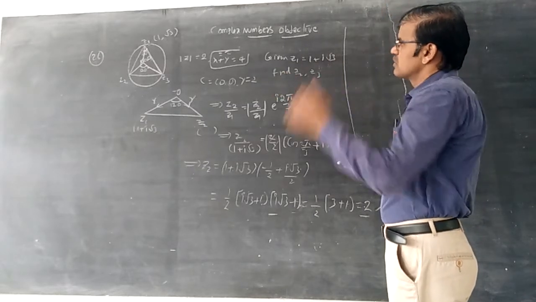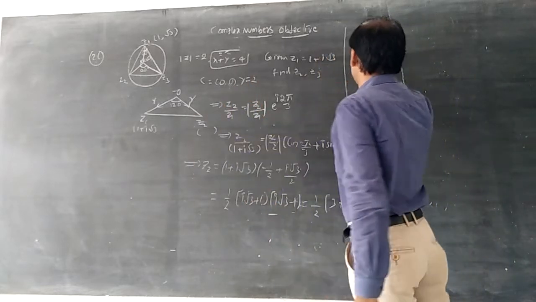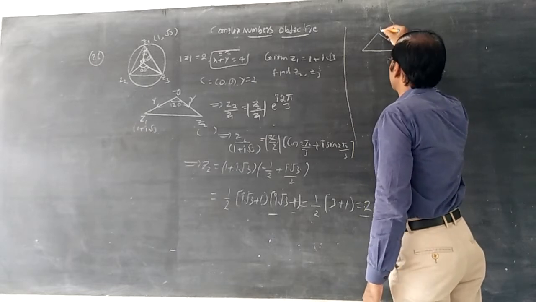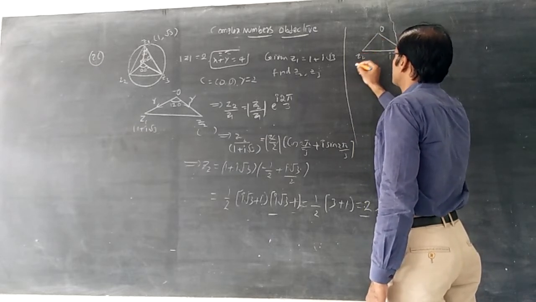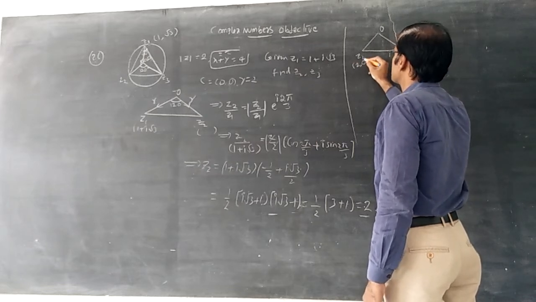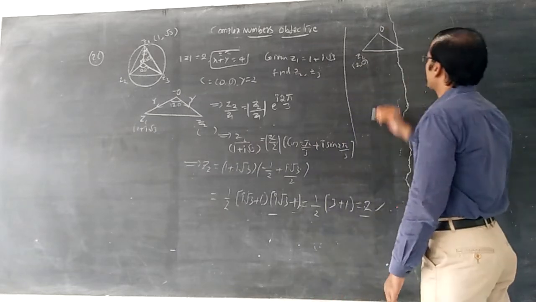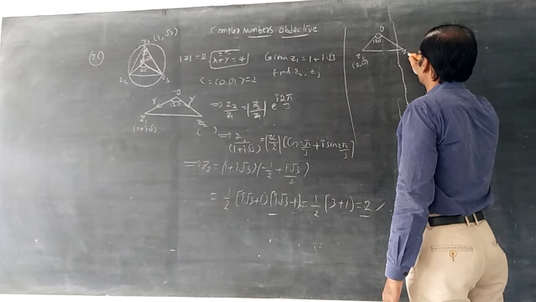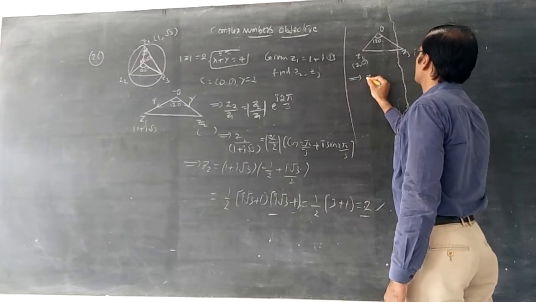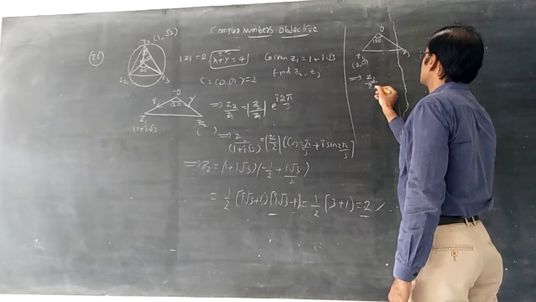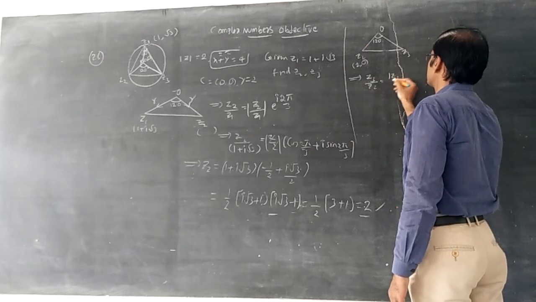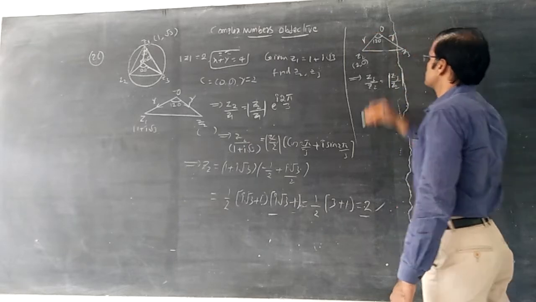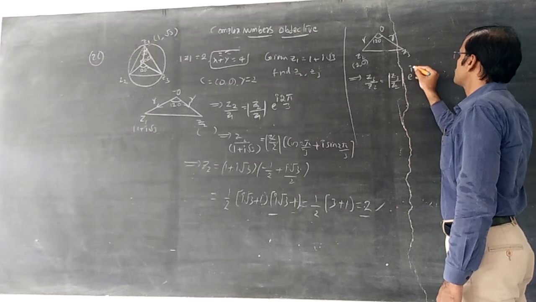Now for Z3, using Z2 we should carry on. Very good question. Using Z2, we now got Z2 as 2 comma 0, right here O and right here Z2. Of course the modulus is 2. The angle is of course 120 degrees, and here Z3. Write the formula according to Coni's theorem. For Z3, Z3 by Z2 is equal to modulus of Z3 by modulus of Z2, which is nothing but radius by radius, into e power i into 2 pi by 3.